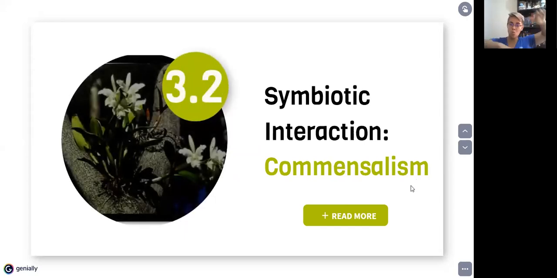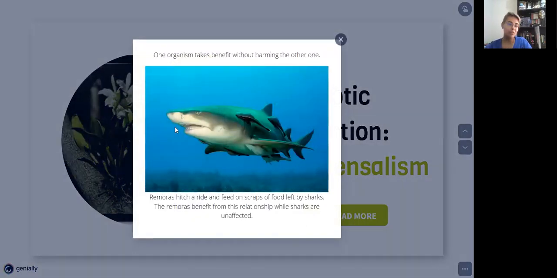Another example could be here about commensalism. Remember, commensalism: one is positive and the other one is neutral. So you can see that, for example, when two plants interact together, or maybe a fungus on a tree, sometimes the tree is like, I don't care about you. You can use the space, and I don't mind. We can live together. And the example that I told you, the remoras and the sharks. The shark is like, I don't mind, and the remora is like, woo, I have here some protection and also a free ride and some leftovers, and that's pretty cool.